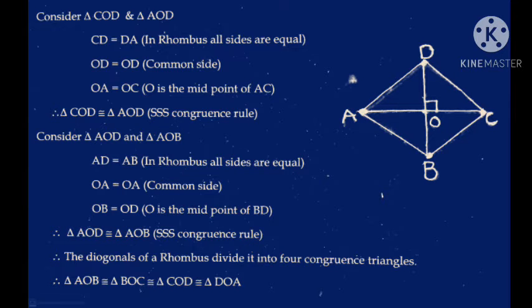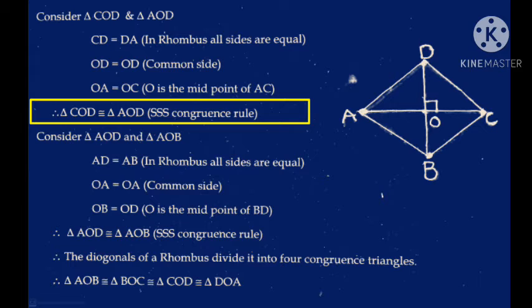In triangle COD and triangle AOD, CD equal to DA, since in a rhombus all sides are equal. OD equal to OD, it is a common side of both triangles. OA equal to OC, here O is the midpoint of AC. Therefore, triangle COD is congruent to triangle AOD according to the side